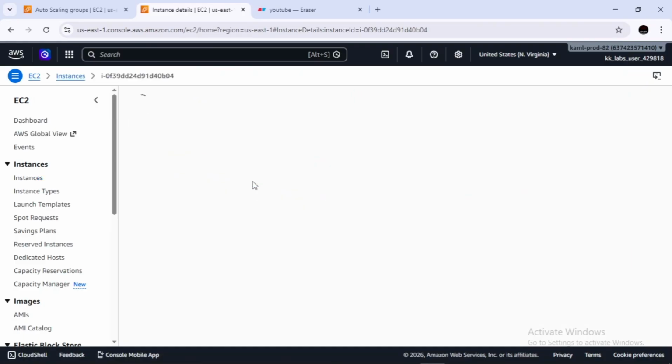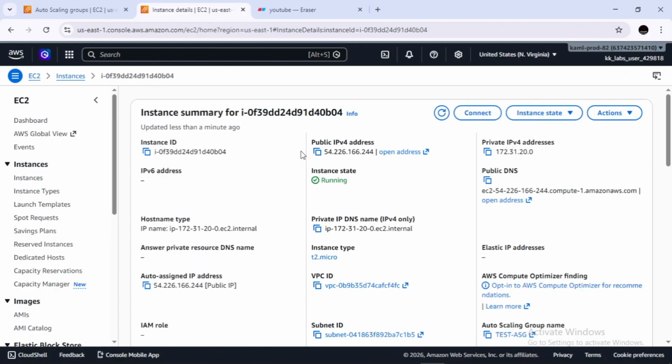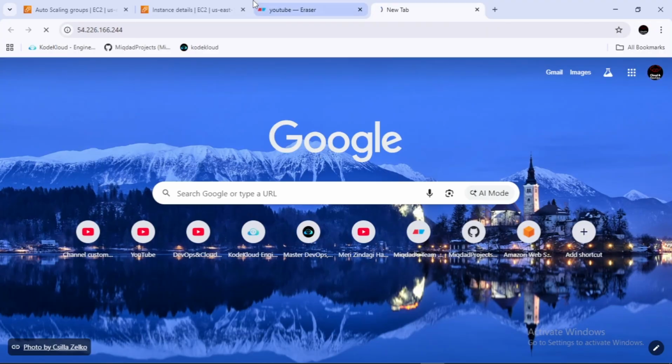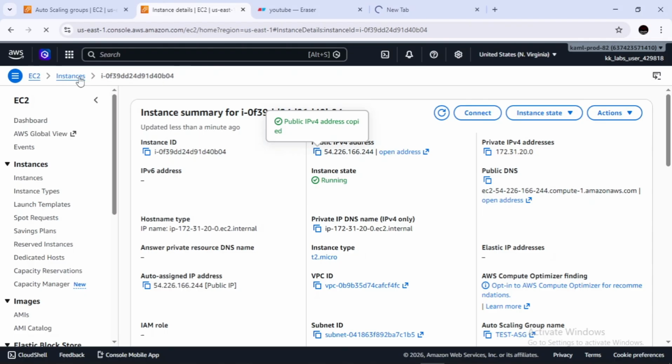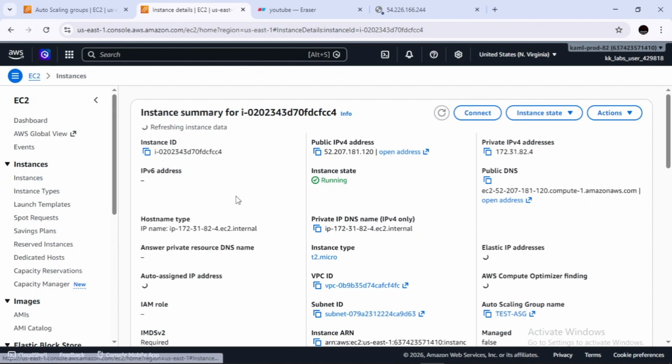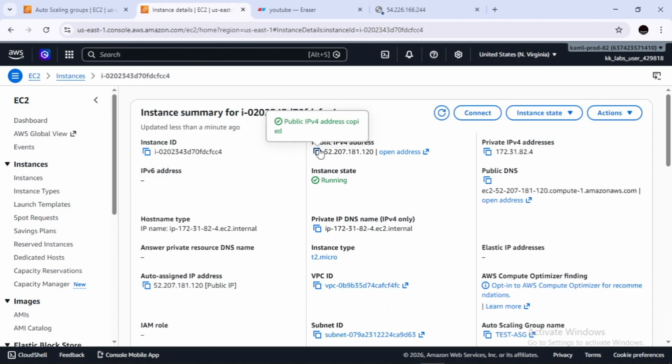This is the first instance. This is its public IP. Let me grab its public IP and paste it here. And also let's go to the second one. This is the second one. This is its public IP.